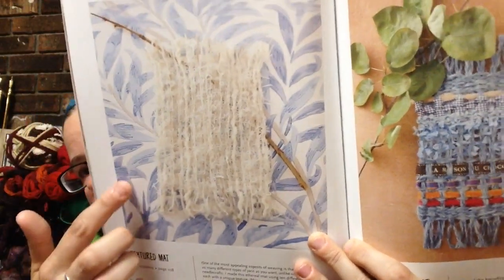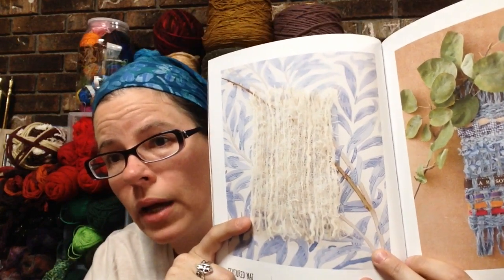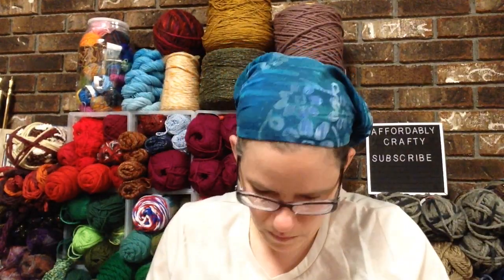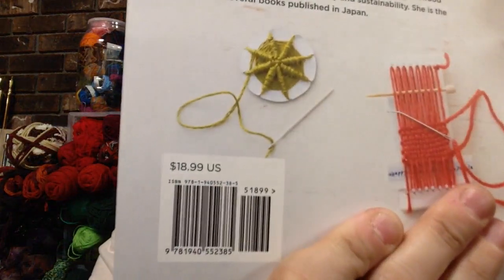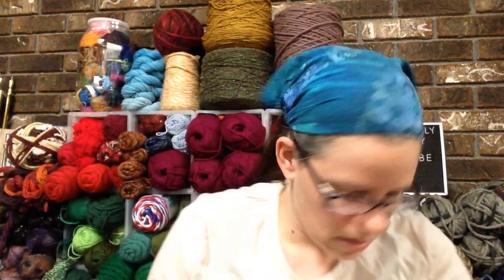Because if there's something this house has a plethora of, it's odds and ends and bits and bobs, because I also have a ribbon stash and a trim stash that I should show someday. Again, for my deep dive into sewing last summer. So that's this one by Harumi Kai... I'm going to murder it. Sorry. Kageyama? Sorry if I just said that wrong. So this was normally $18.99 and it was on clearance for $4.74. So that's awesome. Then I got one more book,